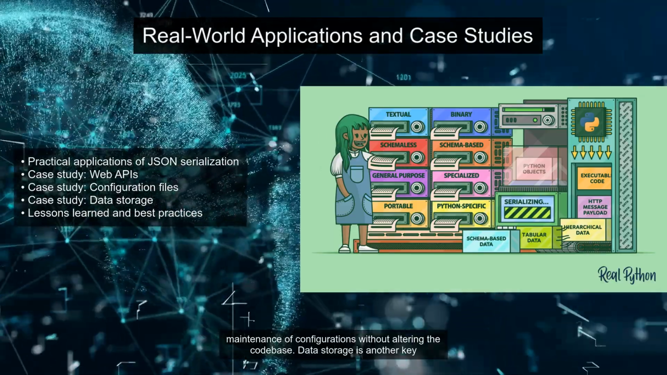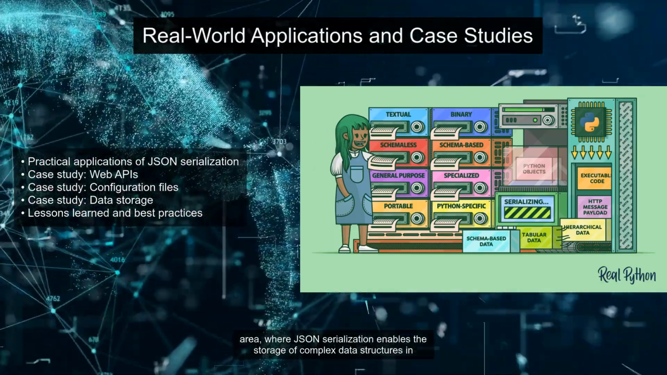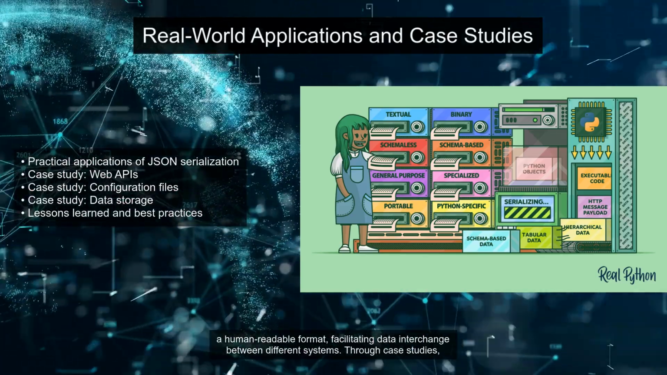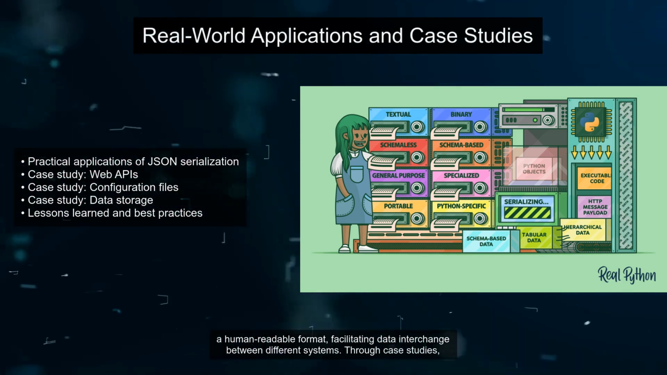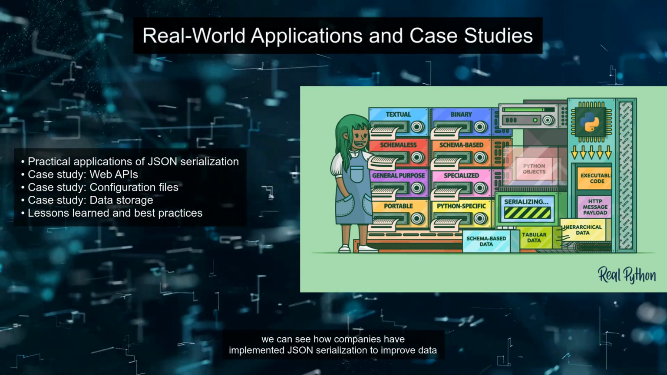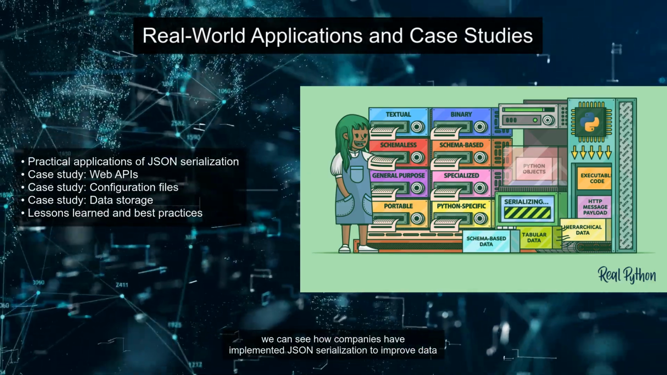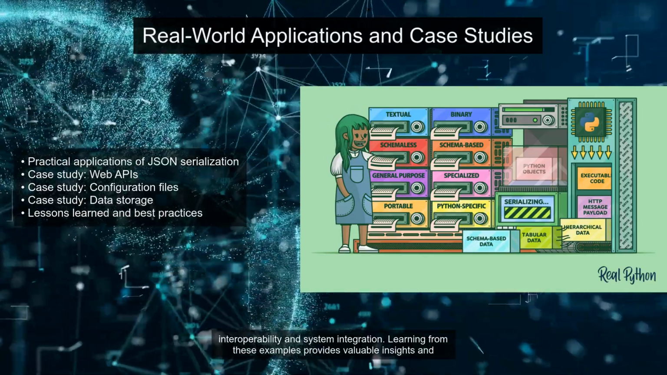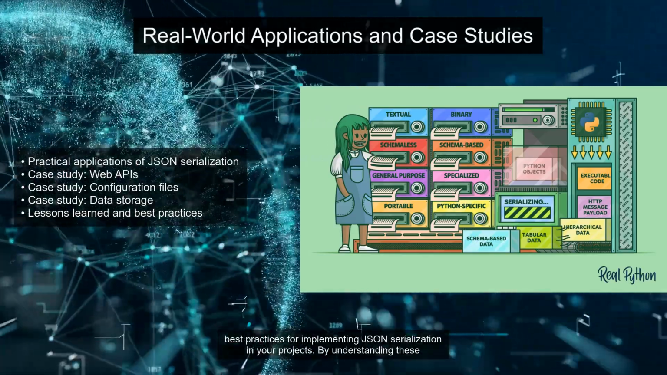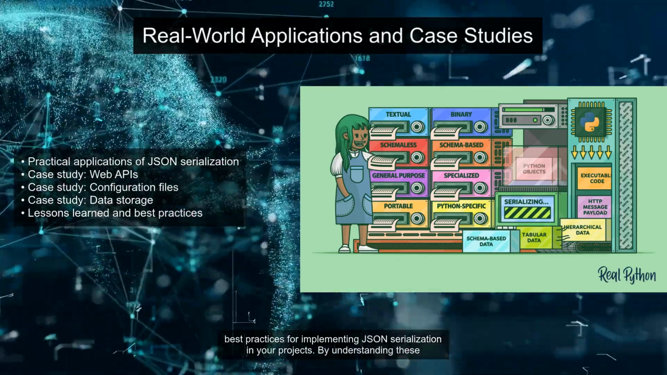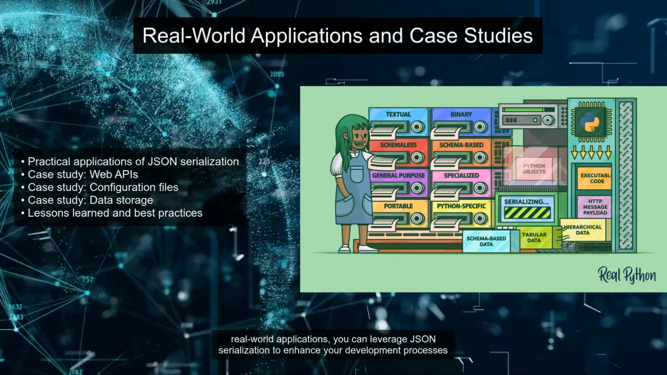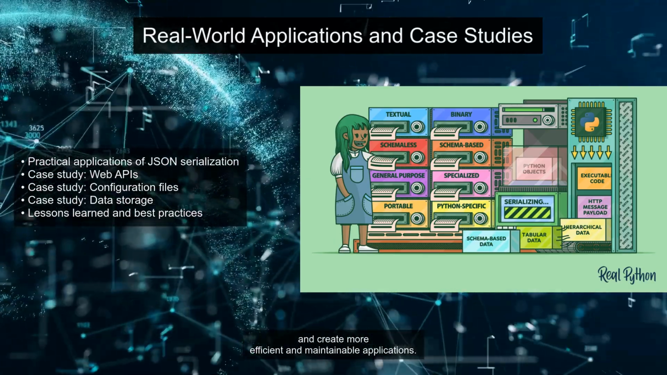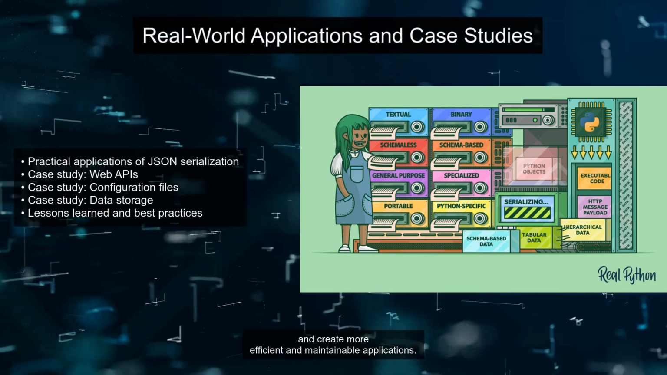Data storage is another key area, where JSON serialization enables the storage of complex data structures in a human-readable format, facilitating data interchange between different systems. Through case studies, we can see how companies have implemented JSON serialization to improve data interoperability and system integration. Learning from these examples provides valuable insights and best practices for implementing JSON serialization in your projects. By understanding these real-world applications, you can leverage JSON serialization to enhance your development processes and create more efficient and